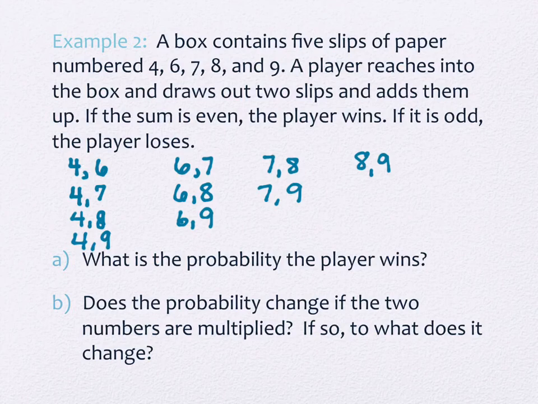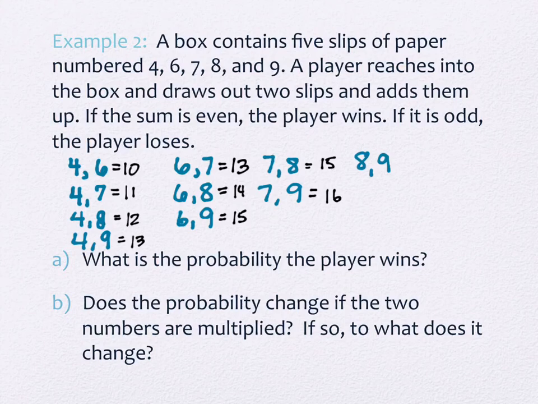All right, so let's go back and catch these real quick. 4 and 6 is 10, 4 and 7 is, 4 and 8 is, and 4 and 9 is. Awesome. 6 and 7, 6 and 8, 6 and 9, 7 and 8, 7 and 9, good, and then 8 and 9. 17, right, good. Okay, so going back and taking a look, we will win if we have an even number,